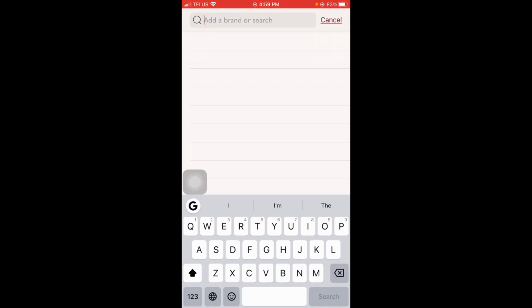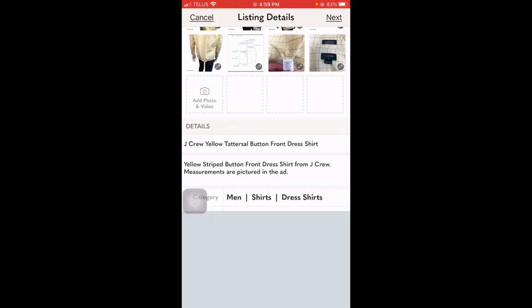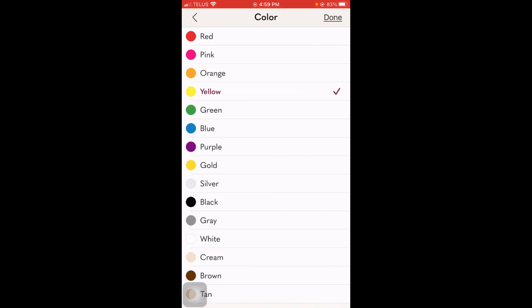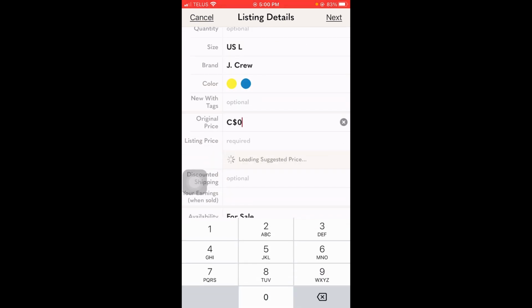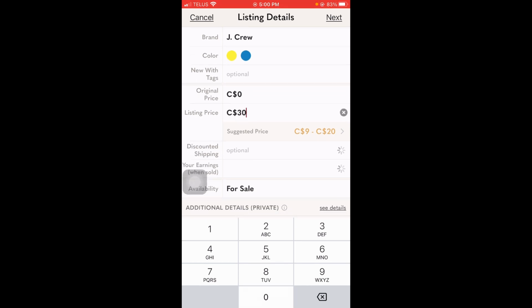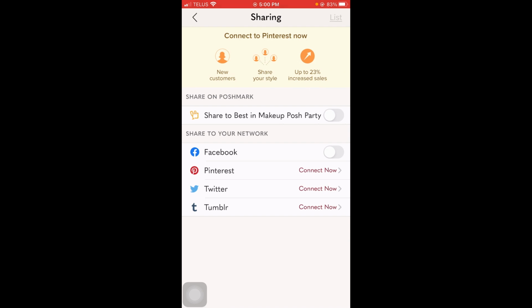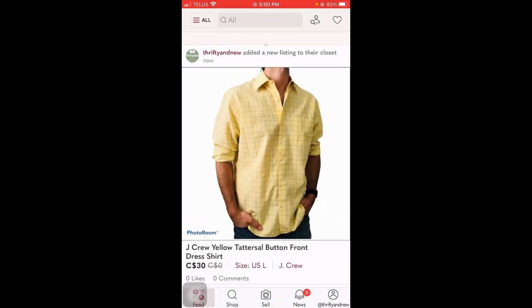The brand is J. Crew. Color is yellow. The secondary colors on here are blue, so always pick the most dominant color first. It's not new with tags. I'm not going to put in a price. I'm going to fill in here at 30. I probably will get 20 to 25 out of this shirt, and the price you can see here is coming up 9 to 20. And that is my listing for Poshmark, and I can go ahead and there it is